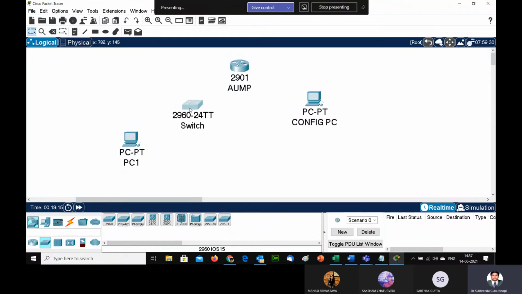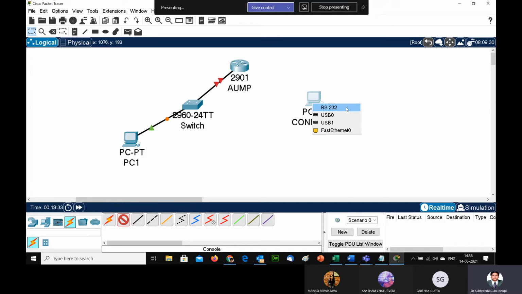So first router to switch, switch to PC. As I said in the previous class, you have to take a black cable, gigabit port 0/1 to gigabit port 0/1, and then we can connect here. Now you can see again I'm connecting that PC with this router.